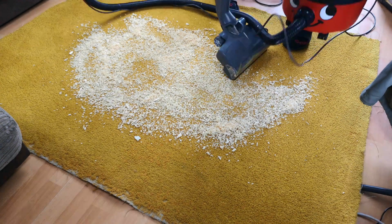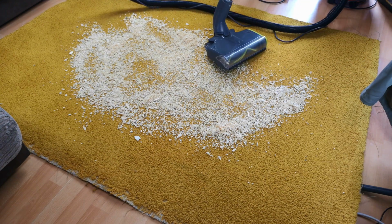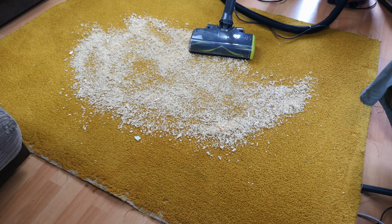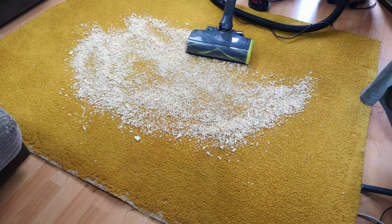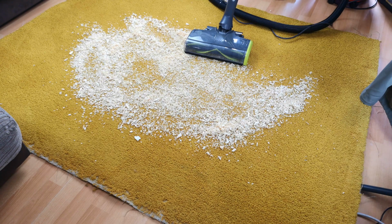In fact, this is the sort of carpet that these in straight suction mode are really good at. This is just sawdust. I've scuffed it in. It's why I'm still wearing my flip-flops, so it doesn't stick to my socks. So we're going to see how easily it picked it out of the pile, because if we just had the straight suction head, it would take a few passes. But with our creation,